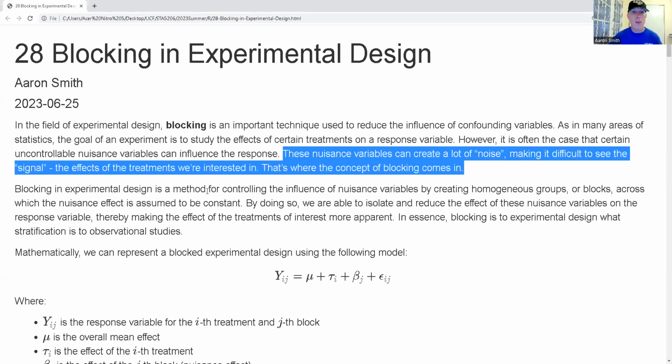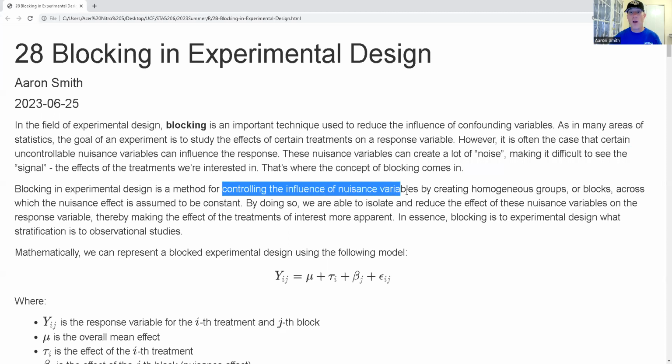Blocking in experimental design is for controlling the influence of nuisance variables by creating homogeneous groups or blocks across which the nuisance effect is assumed to be constant. By doing so, we're able to isolate and reduce the effects of these nuisance variables on the response variable, thereby making the effect of the treatments of interest more apparent. In essence, blocking is to experimental design what stratification is to